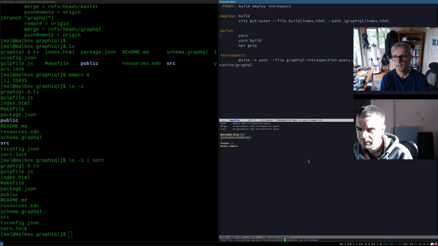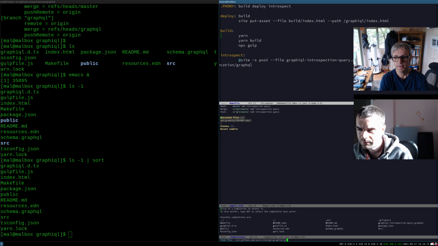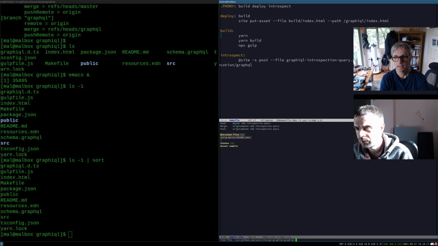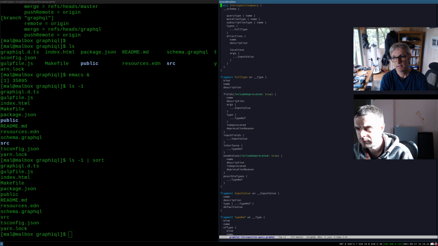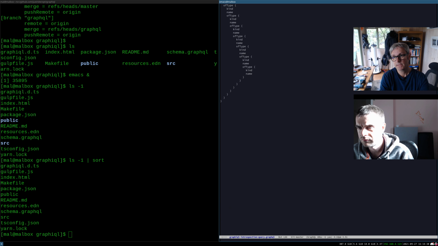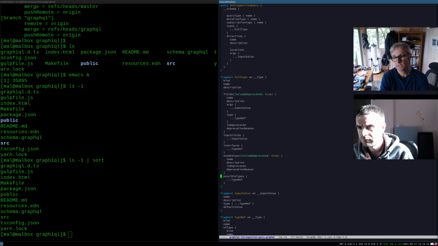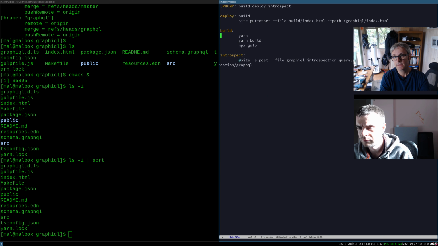Here we are. We have a file called GraphiQL introspection query, and what this does is it's the same query that the GraphiQL browser fires at any GraphQL endpoint to ascertain its type system and metadata. So it's a good test to see that it works and doesn't come up with an error. That was really a debugging thing for me. It's a good test that you've got everything working